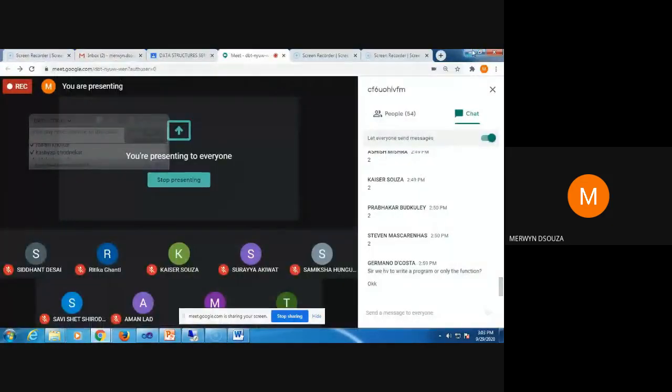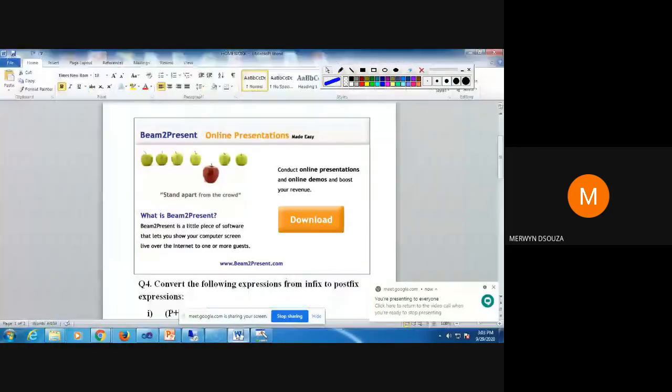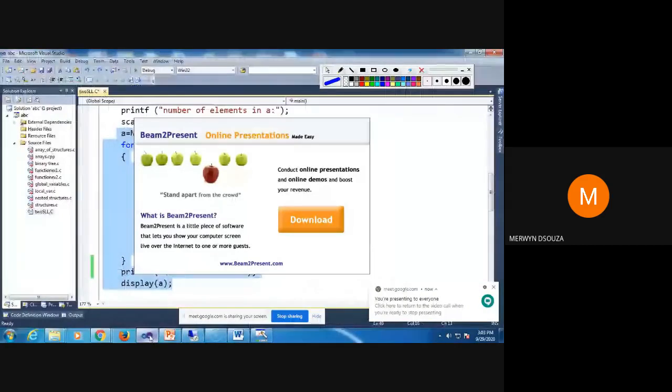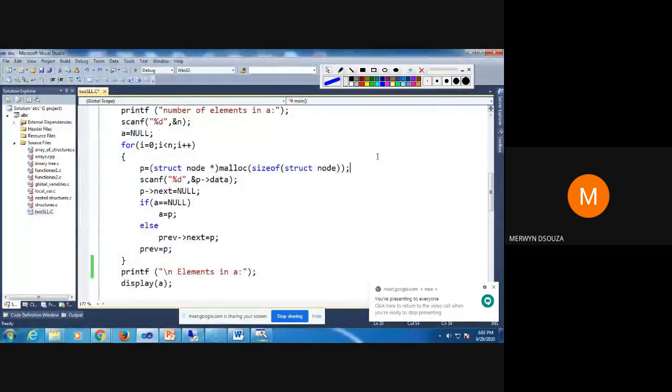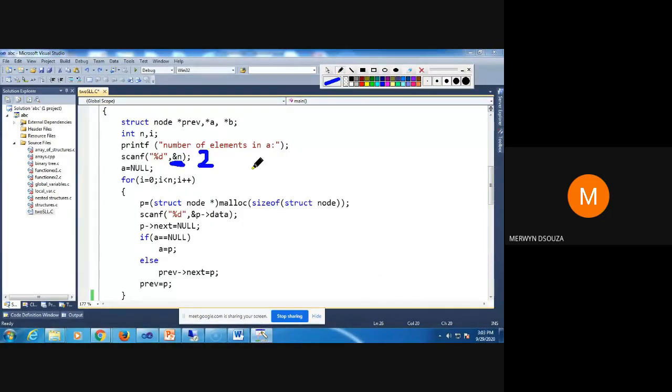Already I think it's time up for the lecture, so I'll just do it quickly so that you understand. If you have any doubt, you can always stop me. Okay, so basically here what I'm doing, I don't have any singly linked list with me, so I make A equal to null. Okay, before that I ask how many elements I want in A using this line here. So suppose I say I want 2 elements, so I store it in this variable n.